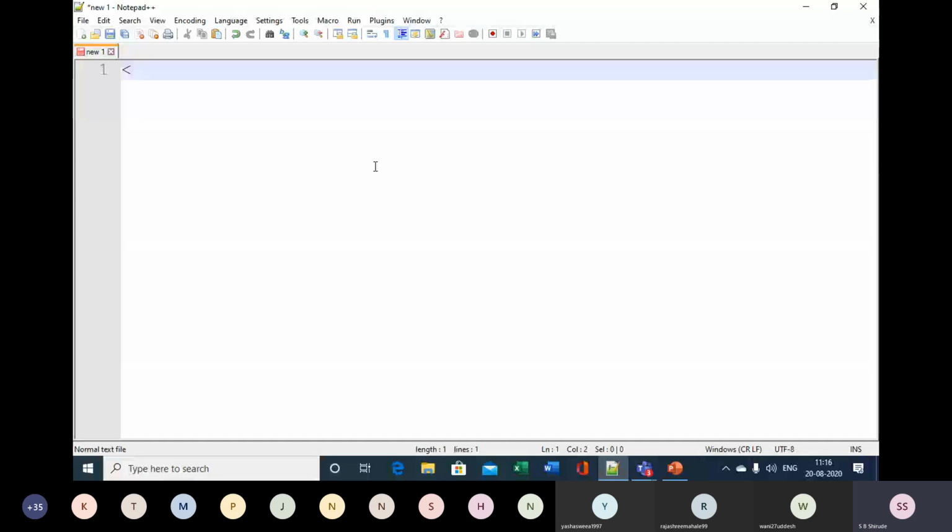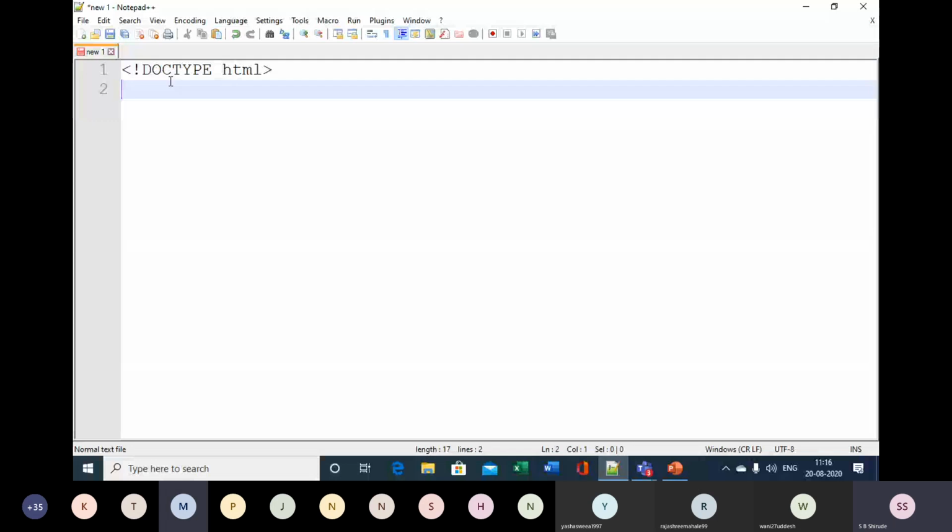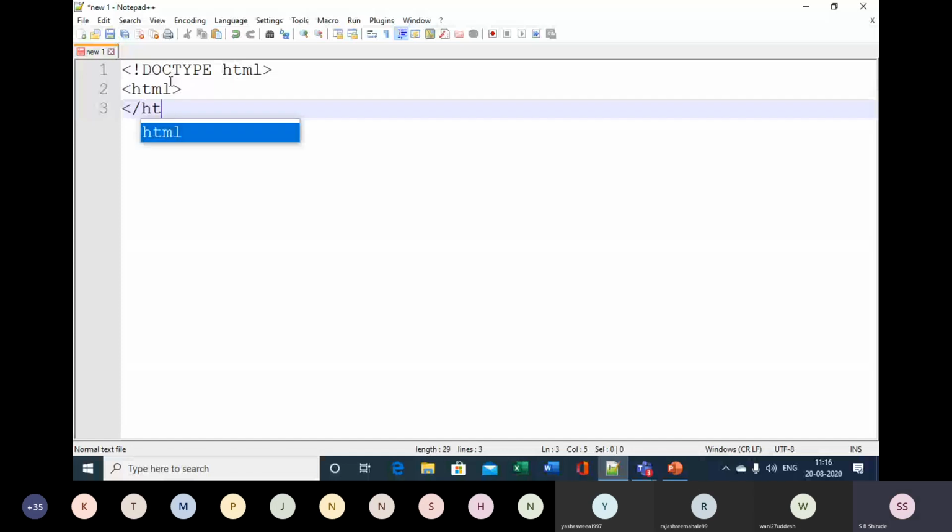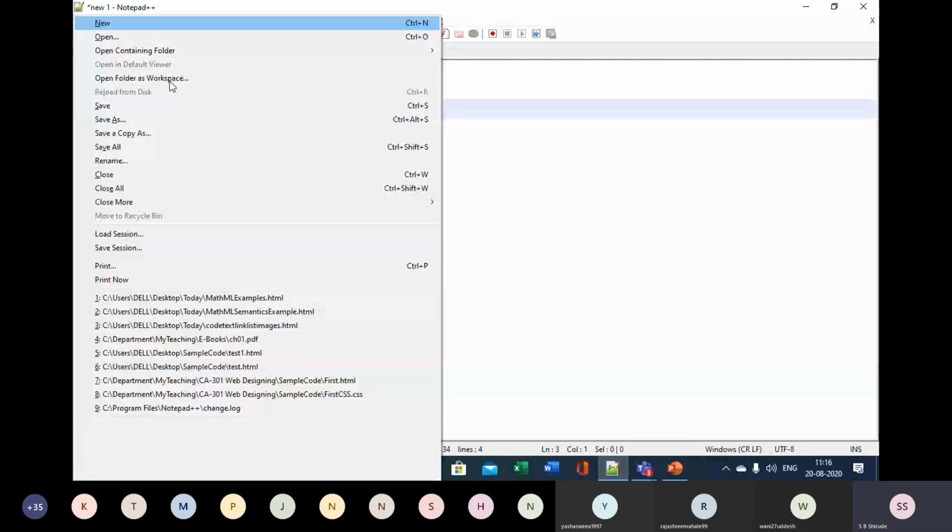Okay, so we will do it in an HTML page, and therefore I will write doctype html. Please mute your mics. And then here html and /html. Okay, so just save it as a .html file, MathML example.